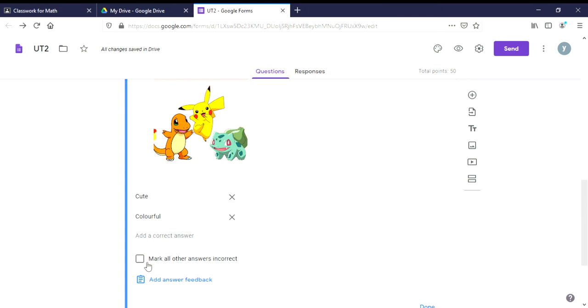If you mark all other answers incorrect, that means if they answer anything other than these two, it will be counted as 0 points right away by the system. You can change it later if you want to, but the system will count it as wrong first. But if you do not tick the box, and they answer other than the options you put here, it will be counted as a non-graded question, which means you have to grade it first before they know their final score.